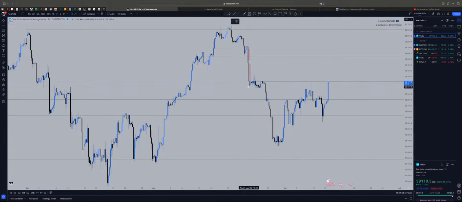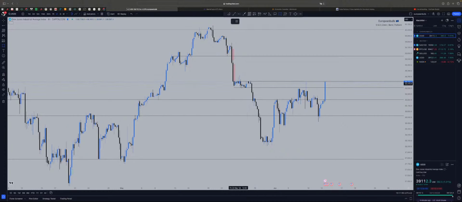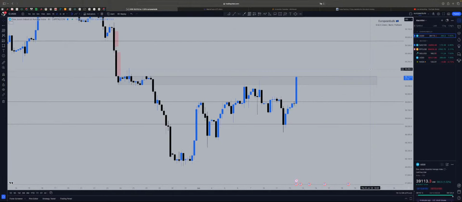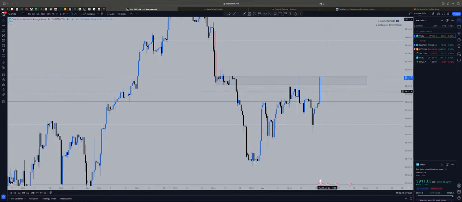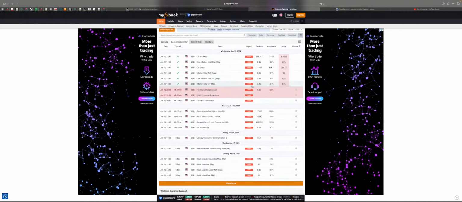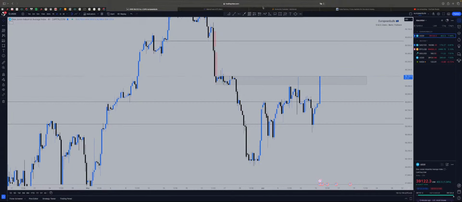I could mark it like this so that you have a better view, or I could just make a zone so that you guys can see it more clearly, and it can be visible for a long time. All right, so this is the case for now, because we have huge news coming out in 4 hours 50 minutes and then 5 hours.